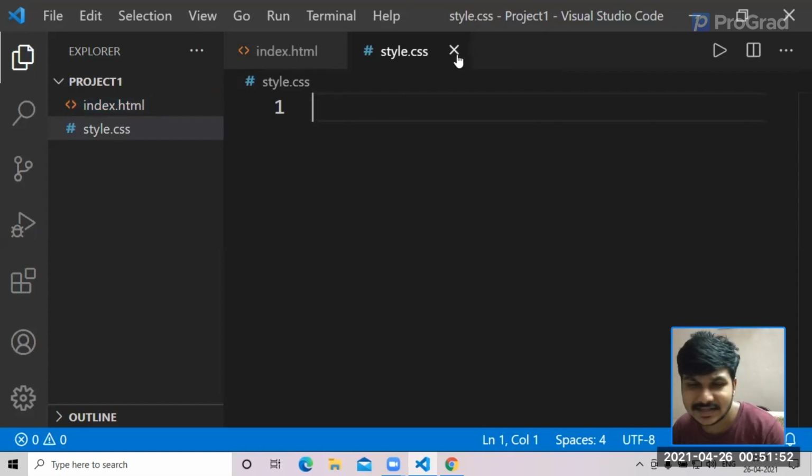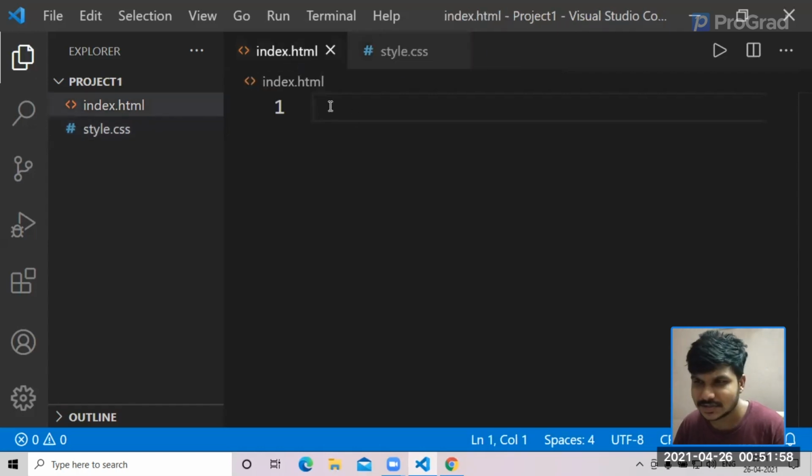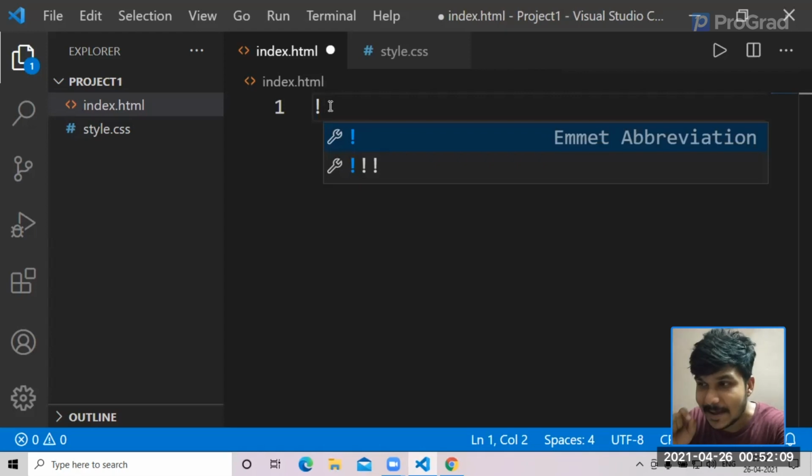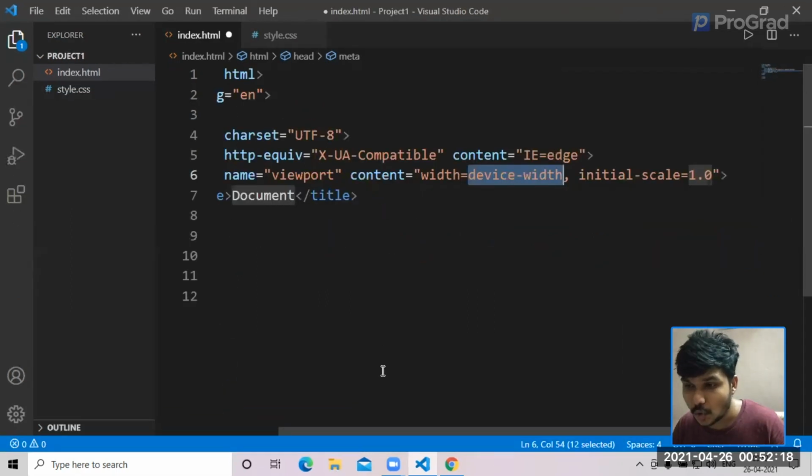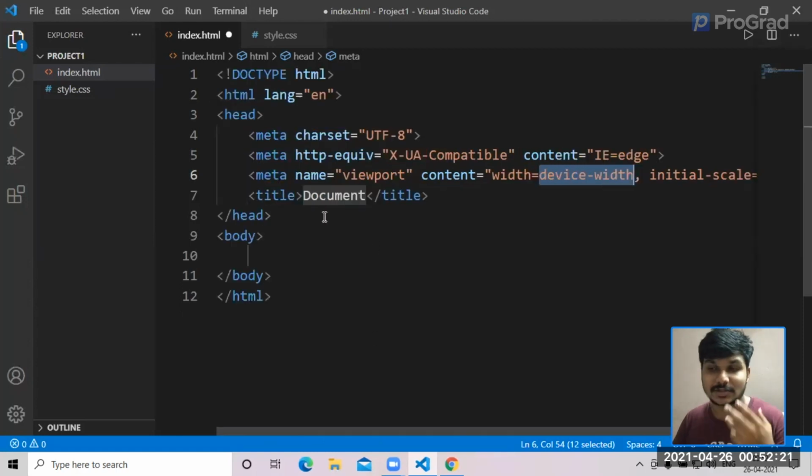That's really nice. So the next step, let me tell you one shortcut where I can fill this using code. The basic shortcut in HTML is if you type an exclamation mark, which is an Emmet abbreviation, and click enter, you would be able to see the beginning code of how an HTML document looks. As you could see, the entire HTML skeleton appeared within a single step. This is what we call intelligent code completion, which is especially available in Microsoft Visual Studio Code.